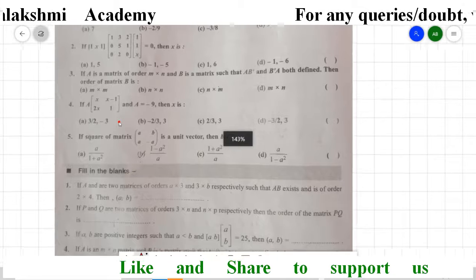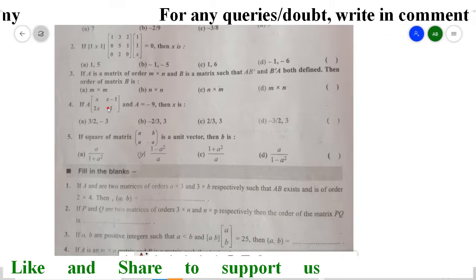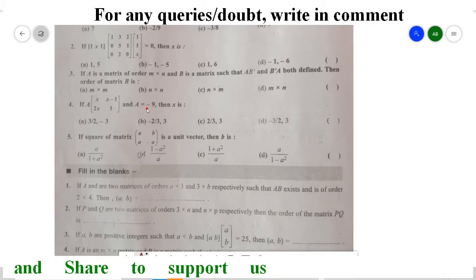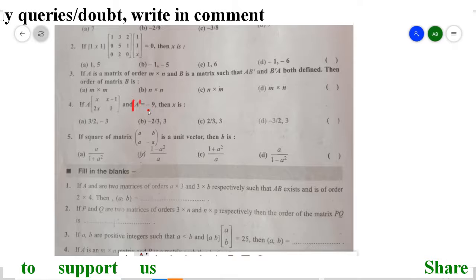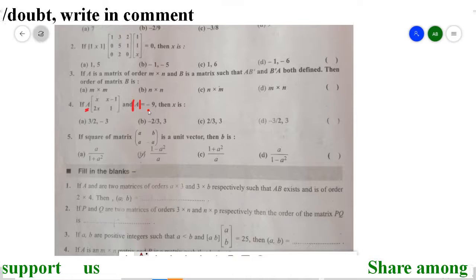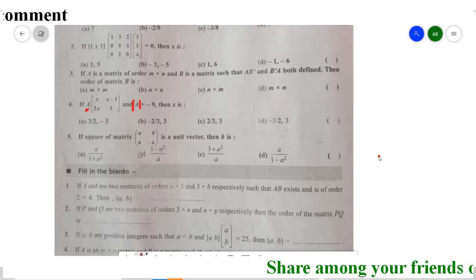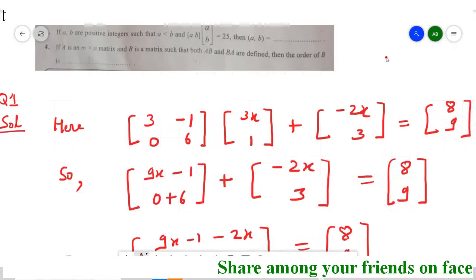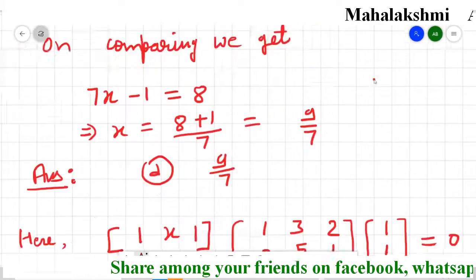The correction required is that they did not put the equal to sign. So A equals this matrix, and they did not write the determinant sign. That means here they should write the determinant symbol and here they should write the equal to symbol. That they did not write. Otherwise the question is correct. So I wrote it correctly. You just do the correction in your worksheets.